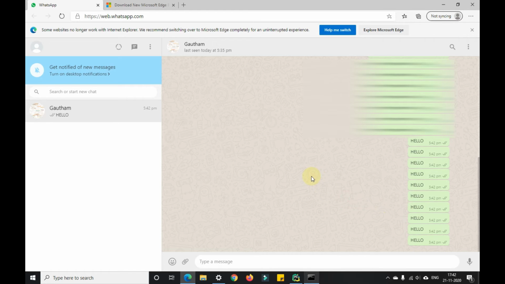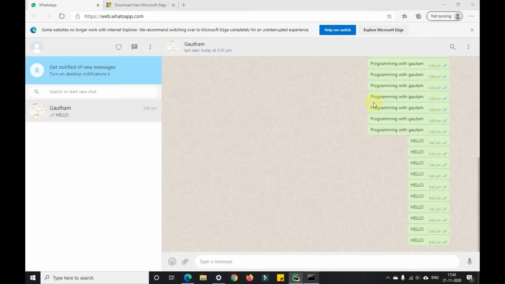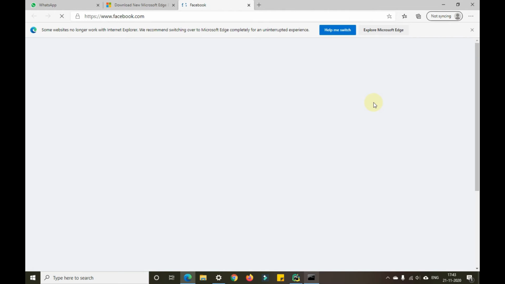Similarly, you can also do the same thing for Instagram and Facebook as well. Instead of web.whatsapp, we'll open facebook.com. Now let me run this program. Now it will open facebook.com, and I need to select some chat here so that it will spam.